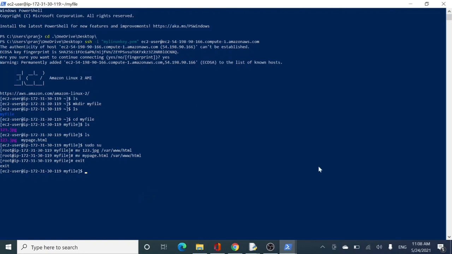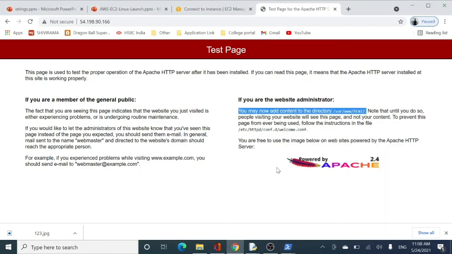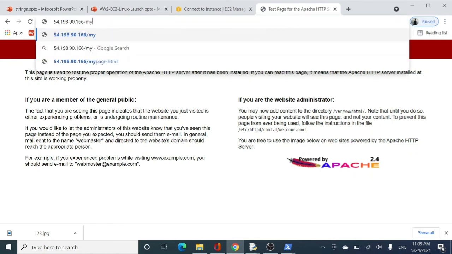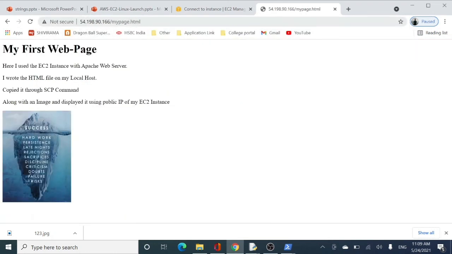Here you can see that I now go to the URL, which is the page of my Apache web server, and this is the public IP. Now I will type over here page.html and enter. You can see that with this particular IP only, I have just copied my content to the HTML folder that gets installed by Apache.